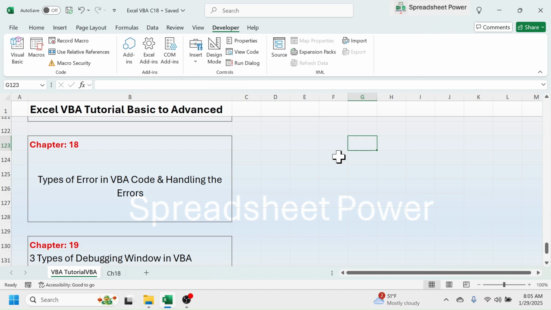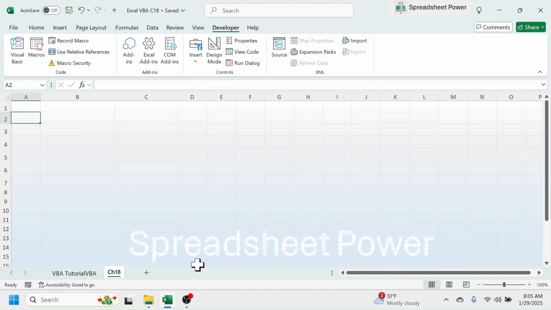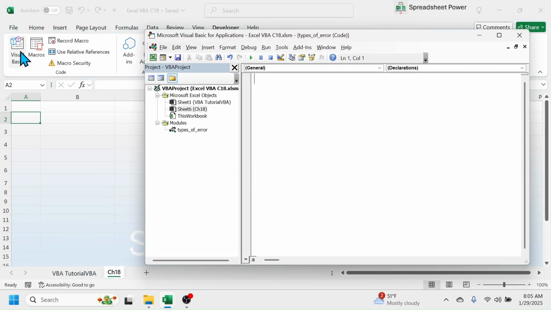First of all, let's look into the compile error. For that, let me click on this chapter 18 sheet. Click on Visual Basic. Here I have already created this module. First of all, create the sub procedure, that is Sub Types_Of_Error open close bracket, then press enter. The compile error in VBA occurs when you do a mistake in the VBA language or in the syntax